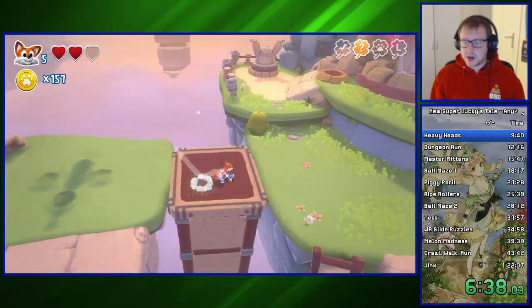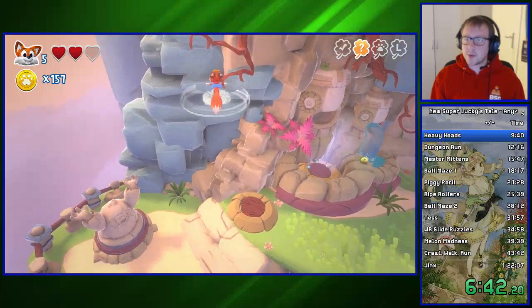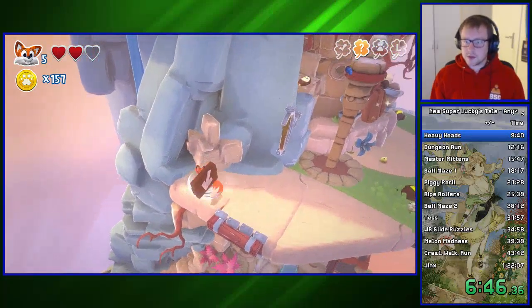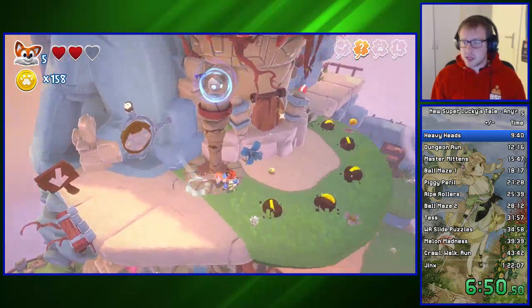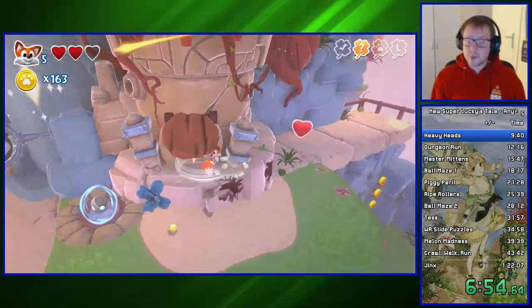Oh, whoops, I forgot a thing. That's not where I'm supposed to go. Okay, so we're going to be using more bonk hopping here to get up here. Okay, want to grab that. I'm going to hit this switch right here. It's going to lower the thing. I can bonk hop up the pillar